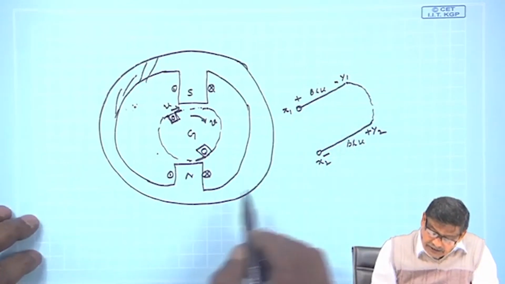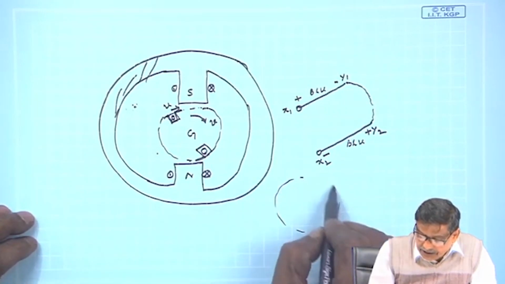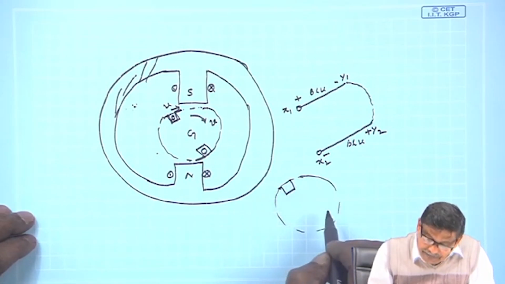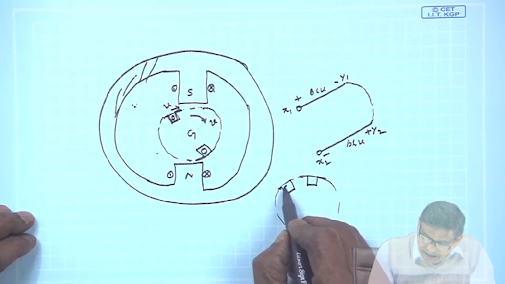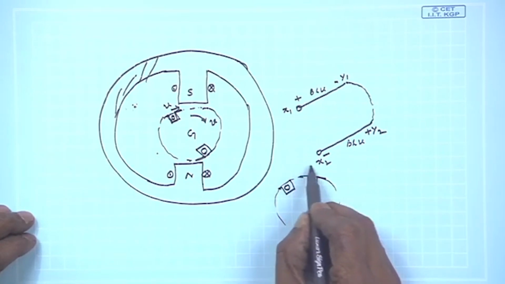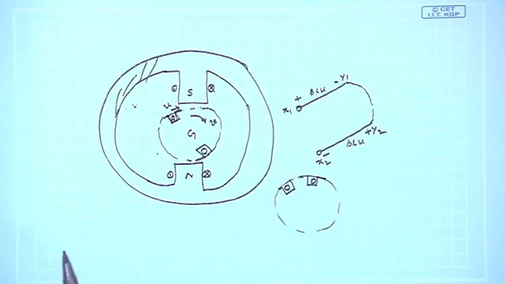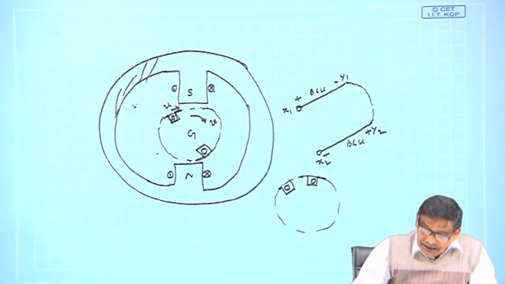If somebody says, suppose, you can always think various ways. Suppose you put a slot here and you put another slot there, and these two you add in series. This will also work, it will also give you voltage between x1 and x2, but not the